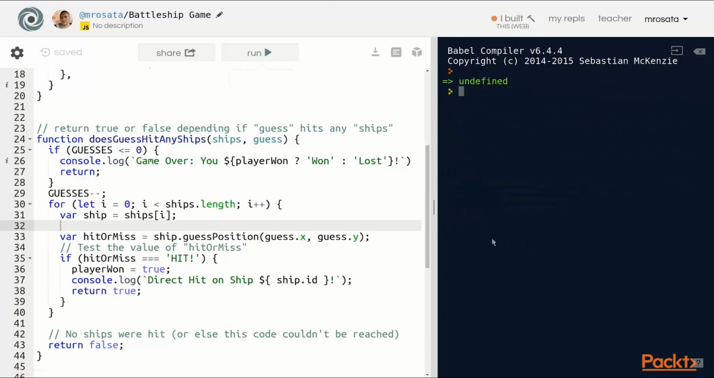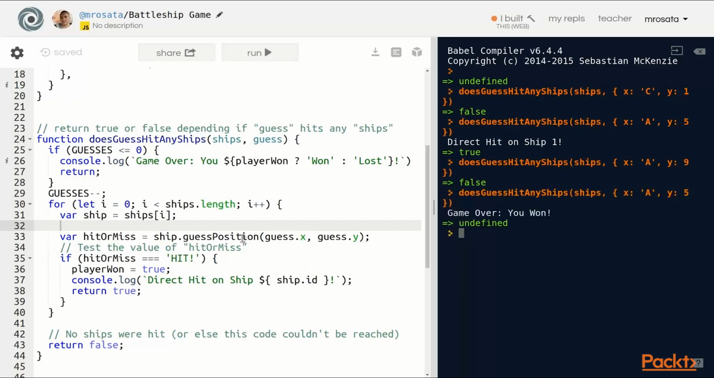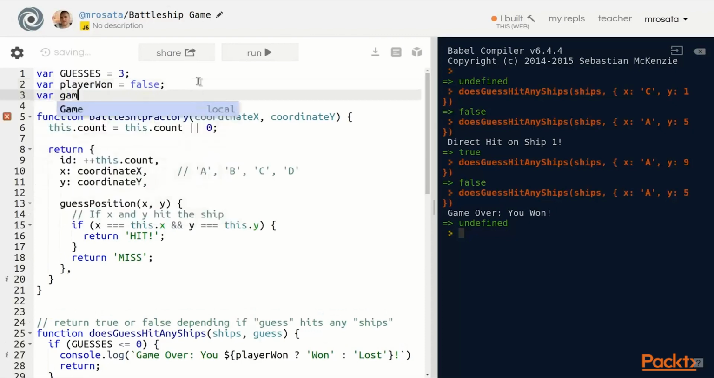Let's run this one more time. That's an incorrect guess. Let's just go for A5. We know that's correct. Direct hit on ship 1. And if we try to call the function again, doesn't matter what we call it with, see, it keeps going. So what we're going to have to do is make another variable, game over, or actually,